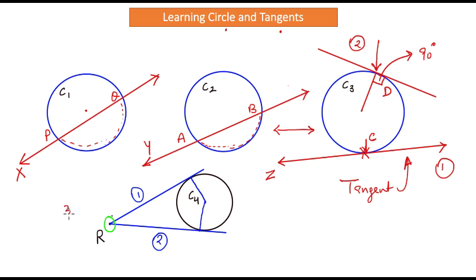And the third key point is that when you have any point which is external to a circle, then you can have two tangents coming from that point that you can draw to a circle, right? So these are our three key points. This is all about tangents, the introduction. Now let's take a look at one example and see how we can use this property in solving some problems related to circles and tangents.